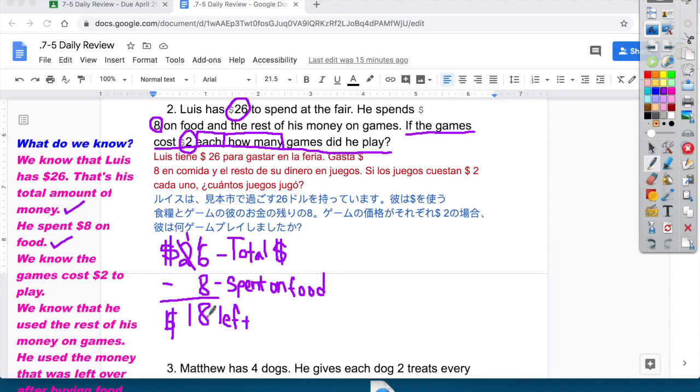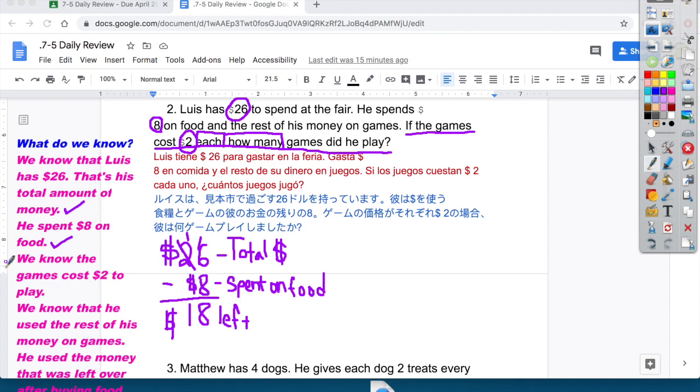He had left. So 26 pesos son el total cantidad de dinero que él tenía para gastar o para usar. $8 es lo que él gastó en comida. Voy a poner el símbolo de dólares. $18 es lo que le queda después de comprar la comida. So,